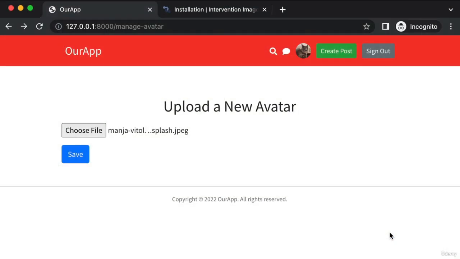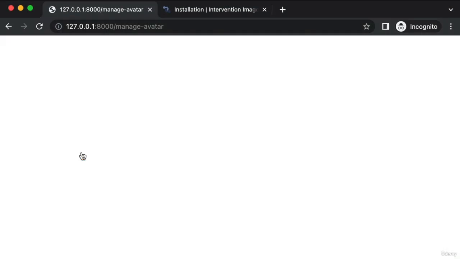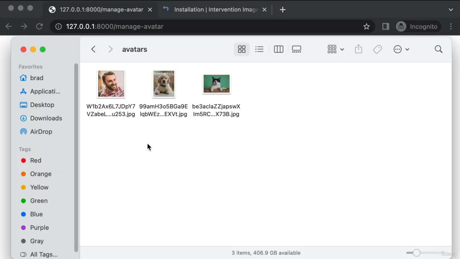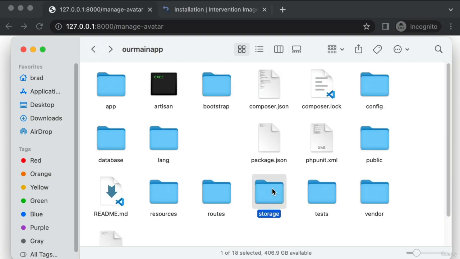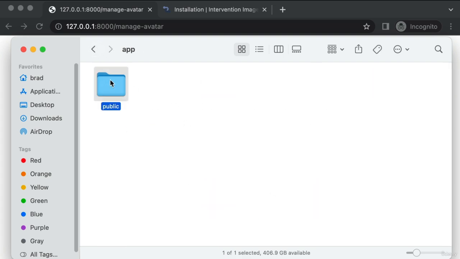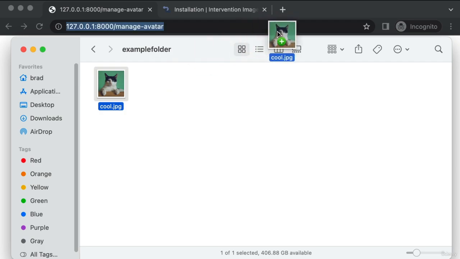If I choose that and click save, well, we forgot to return a string of text. We can fix that in just a moment, but if you go into your application storage folder and then app and then public, beautiful. Remember we just said example folder, and there we chose a name of cool.jpg. And if you actually open this up in your browser,